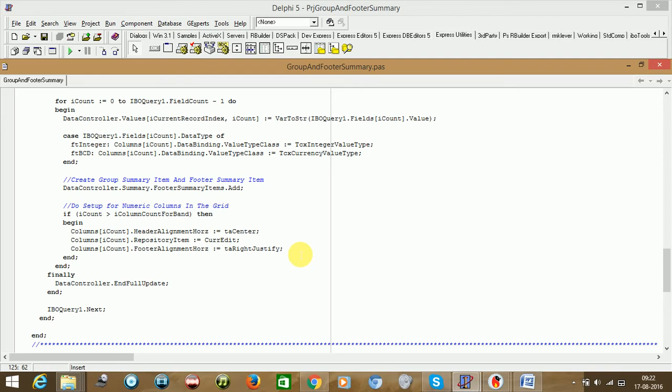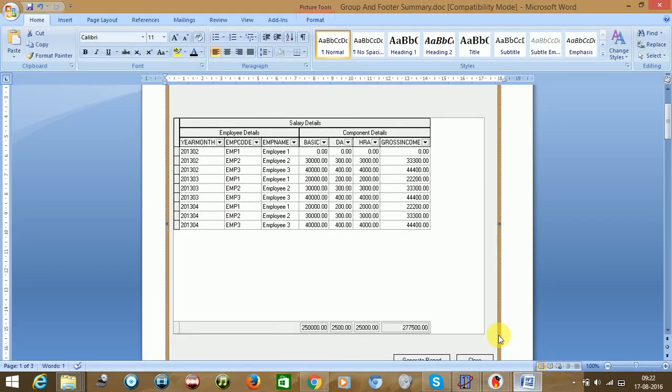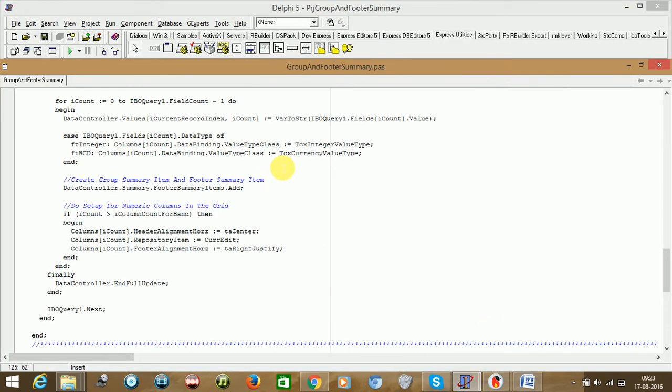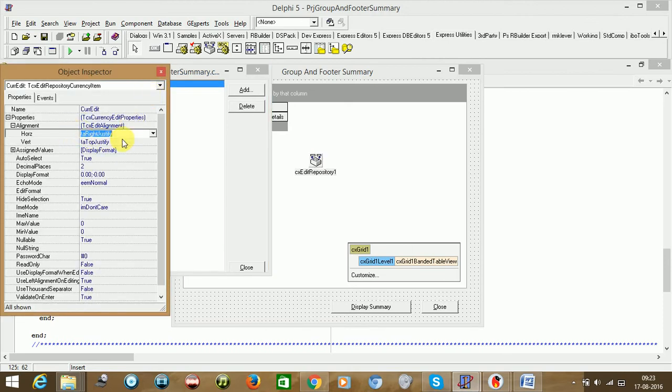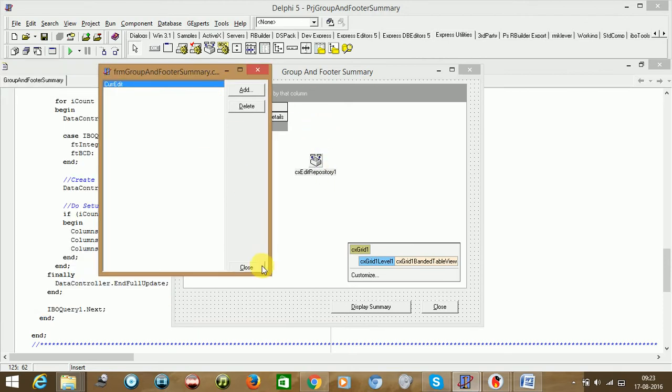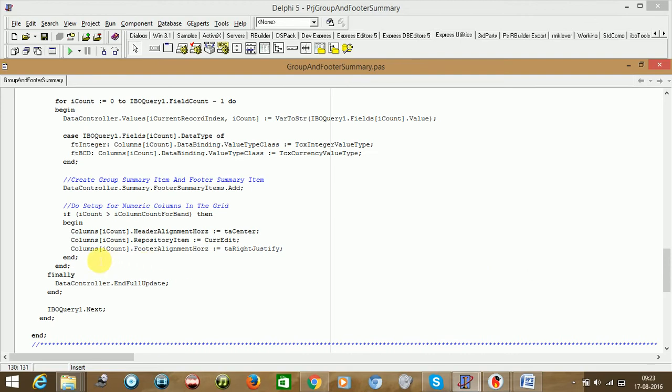So the header will be displayed in the center part. Header in the sense this part. This we have already covered for the currency edit, and this is what we are assigning to the respective numerical columns only. So this part is done first.